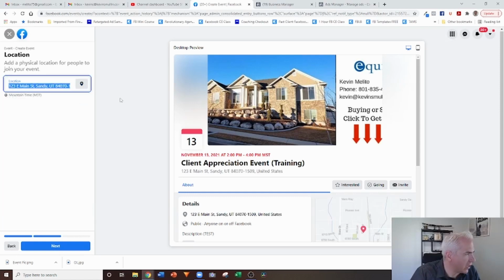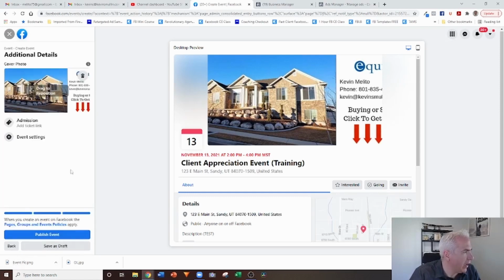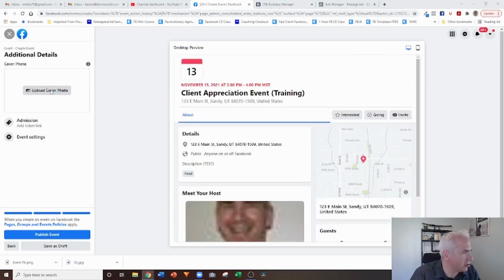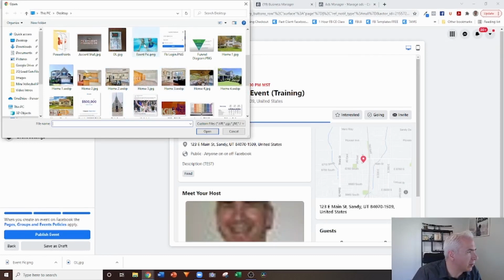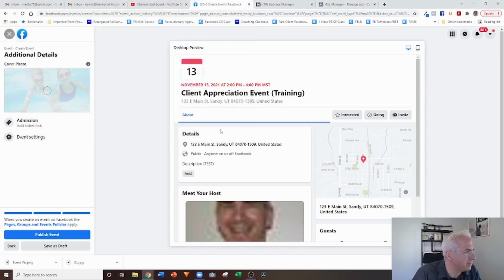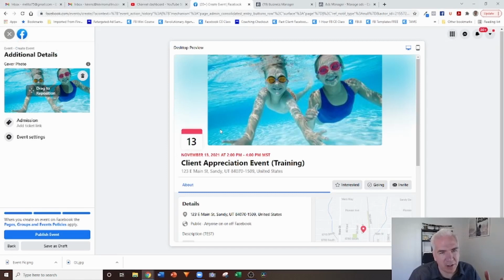Sure, Sandy, that works. And then here, this is where you're going to be putting in your photo. I'm going to hit the trash button to get rid of that so I can upload a new one. I think I created one. Where did it go? There it is. So just create a little image of whatever it is. I did that just for the interest of time.